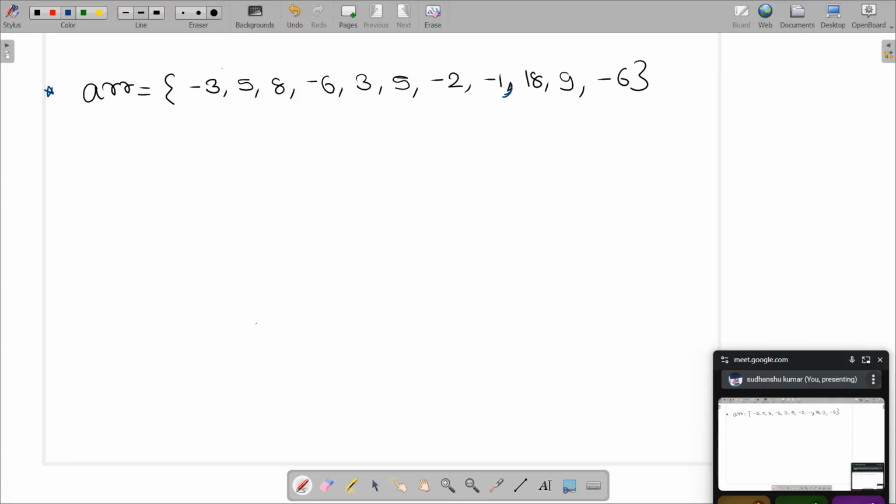Now I want to apply some intuition. So what I did, I am assuming, this is a false assumption, that there's no negative element. What it means is that your maximum sum can never be negative.